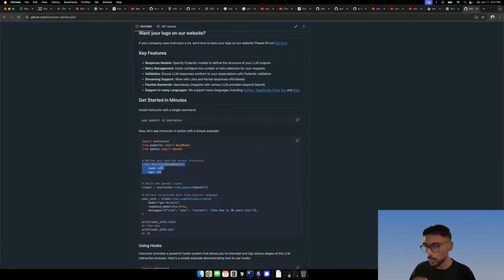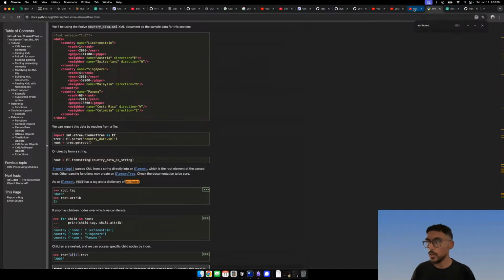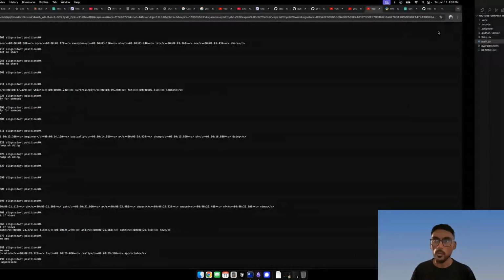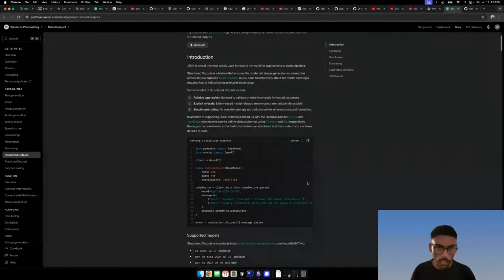So you can easily grab the data and use it instead of just a blob of text that is not usable. Anyway, now OpenAI has the ability, I believe, to give it a Pydantic model, and it should give you back the response in that shape.